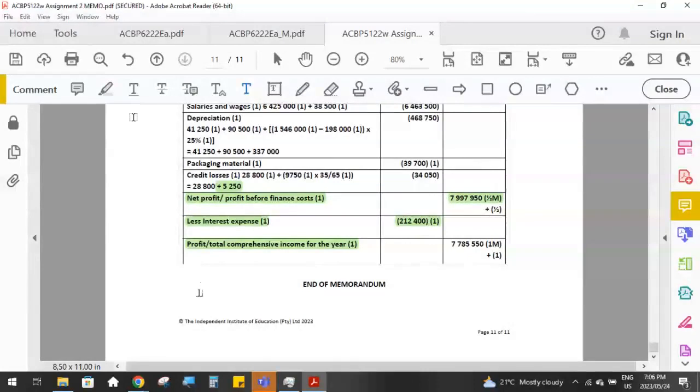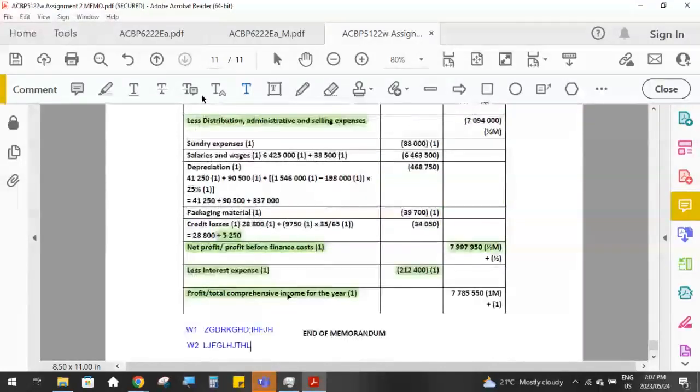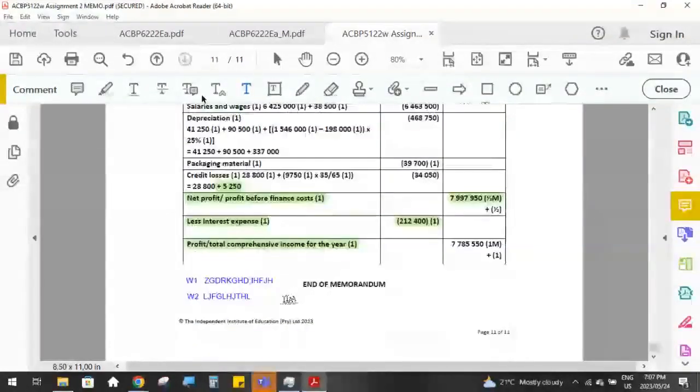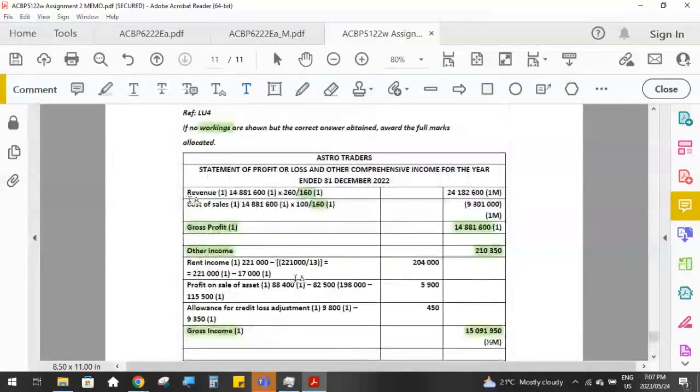You would then, underneath, have workings 1, and then whatever it was, and so on, workings 2, and whatever that was. And then where you've numbered your workings and shown the workings, wherever you've used the answer to your workings 1, you must put next to that